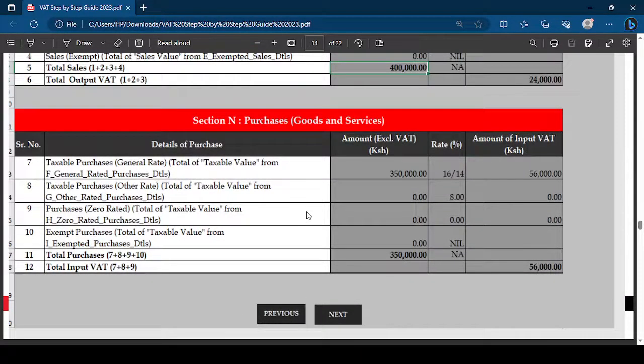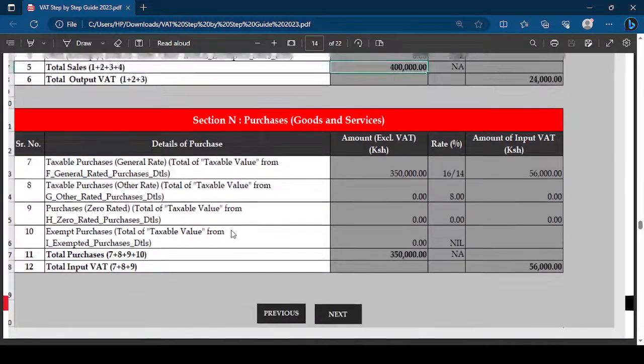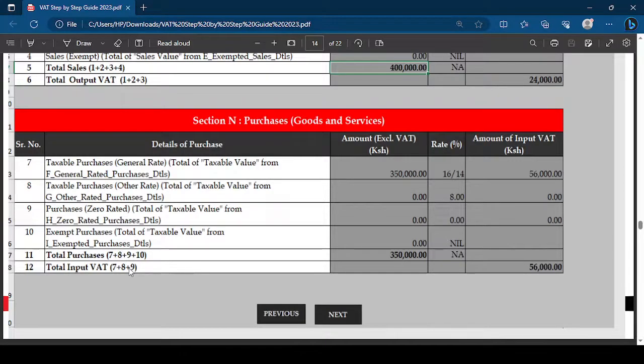Once you reach here, we've given you the details of the total input VAT and the total output VAT. Remember, VAT payable is output tax minus input tax.